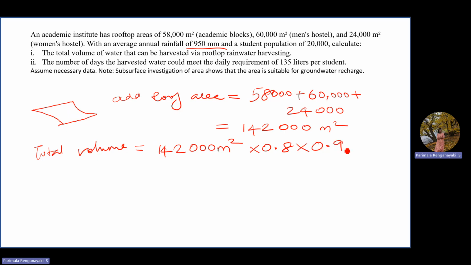Let us convert into meter, 0.95 meter. So total volume is 107,920 meter cube. This is the total volume of water that can be stored. So the first part is over. Now the second part they are asking is the number of days the